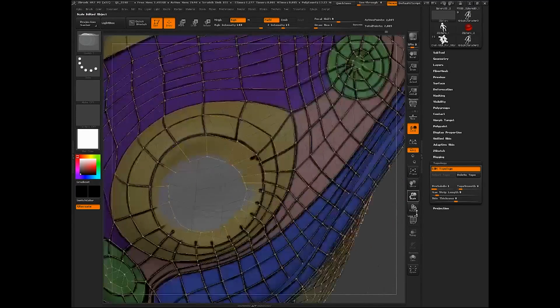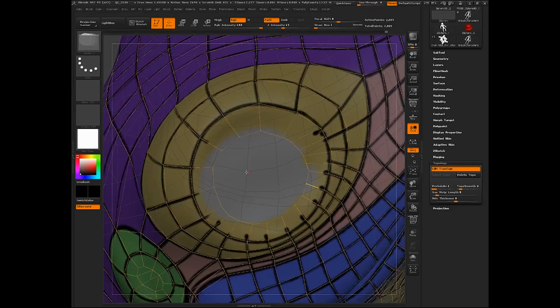And then once we have that, we're going to start trying to tie off some of this, because this part, you're not going to really see it, so there's no reason to make this all look really pretty in here.